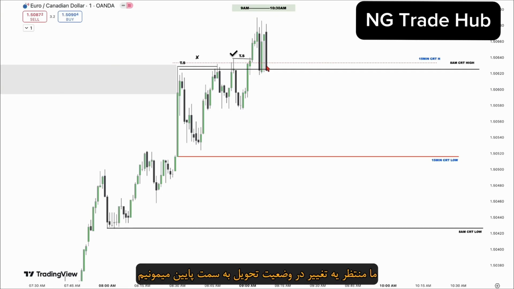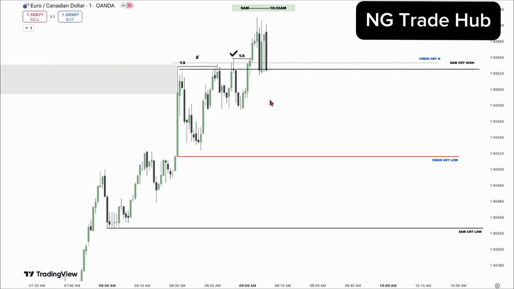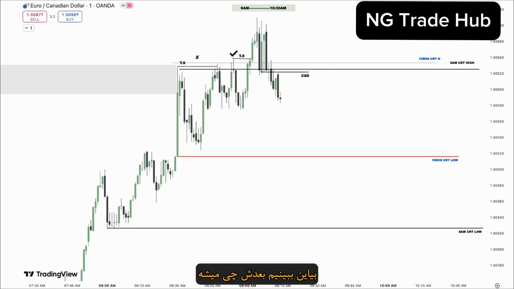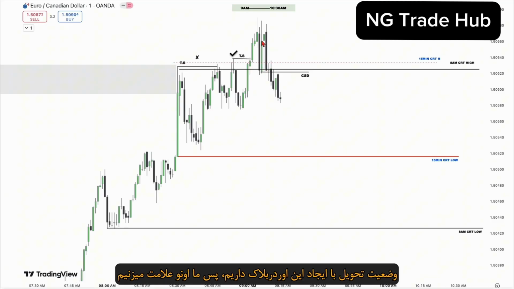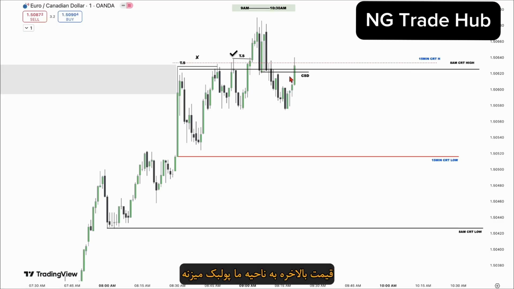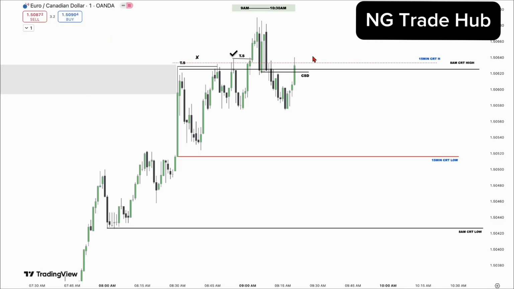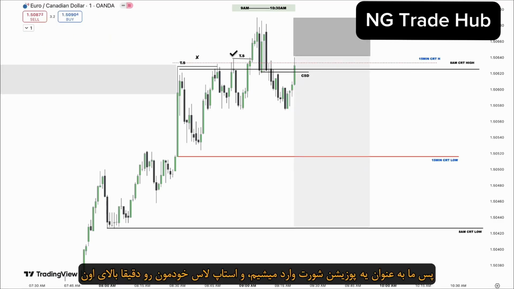We wait for a change in state of delivery to the downside. Let's see what happens next. You can see price shows displacement to the downside, and here we have a change in state of delivery by creating this order block, so we mark it out and wait until price retraces back to that order block, and then we enter. Price finally retraces back to our zone, so we enter as a short position,